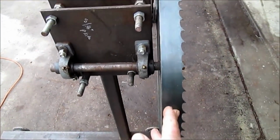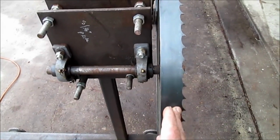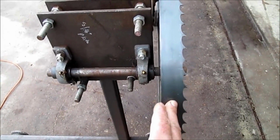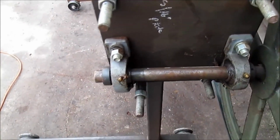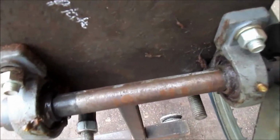That is correct. When that blade tightens up, you're going to pull it right back in where you need it, and it's going to track real true. Now on this end, the pillow blocks are attached. There's no shims in either side,